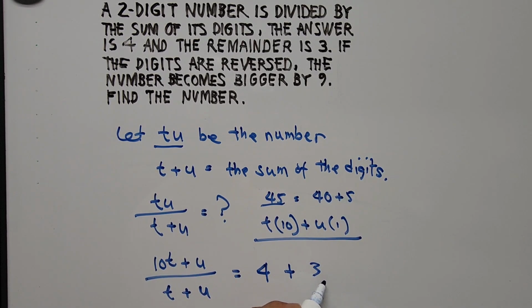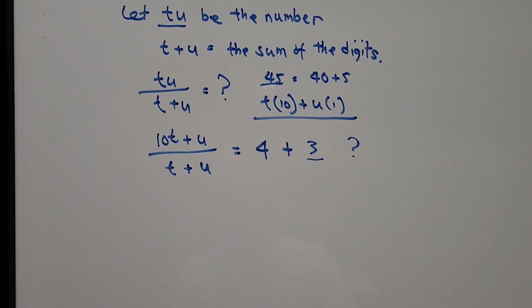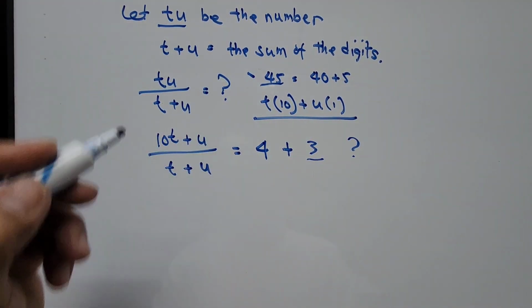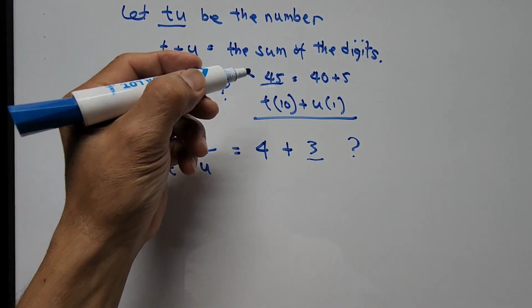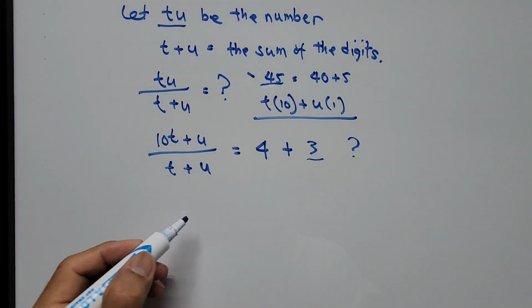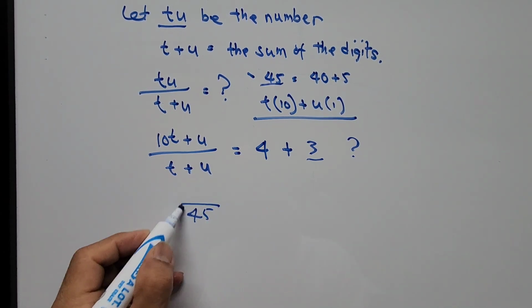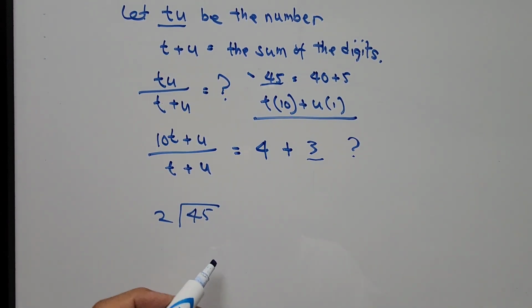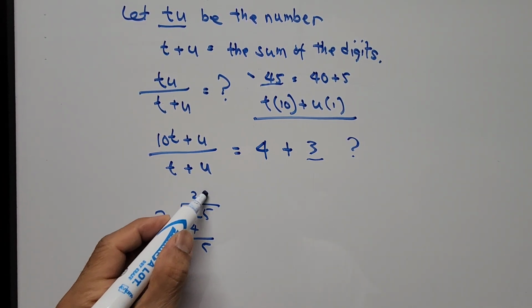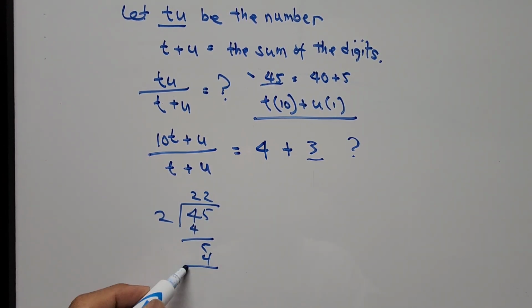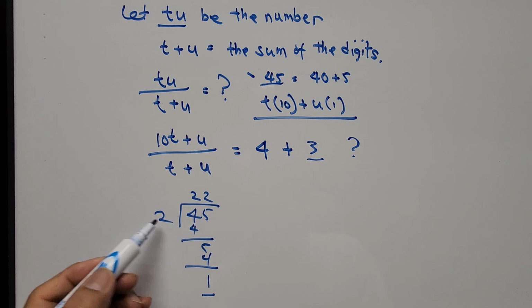How do we write that? Let's go back again to our number 45 from here. All right, so let's say we divide 45 by, let's say, 2. So 45 divided by 2. So that is 2, we have 4. Bring down 5. 2 times 2 is 4. And we have a remainder that is 1, right? So if we divide 45 by 2,